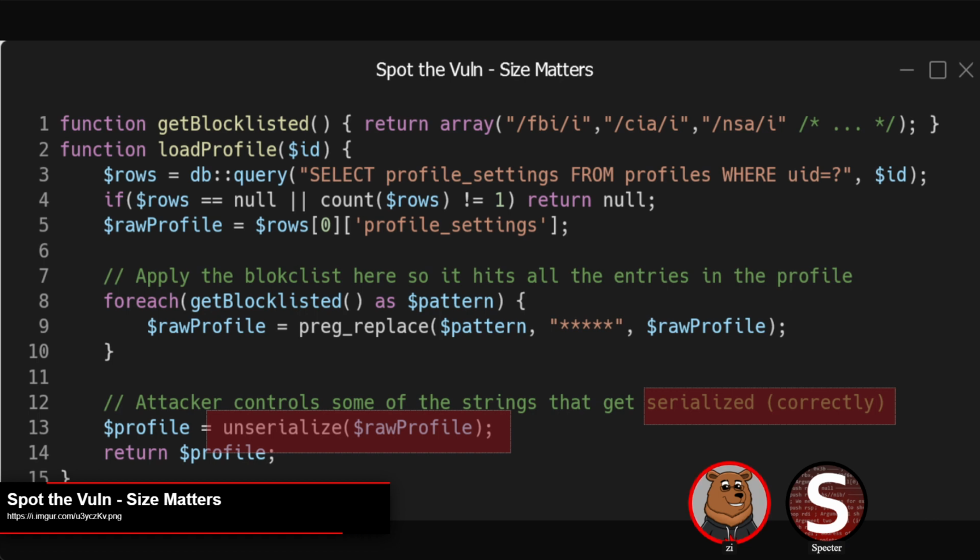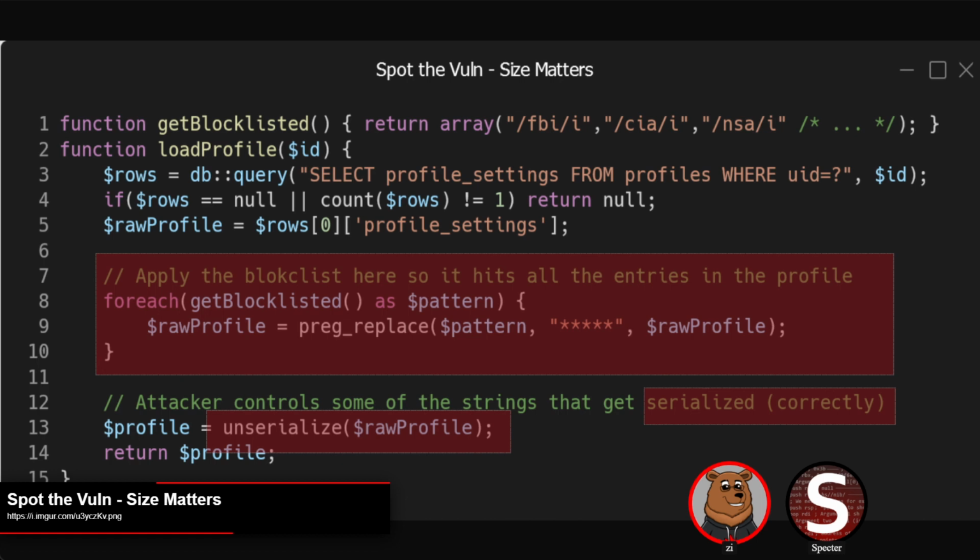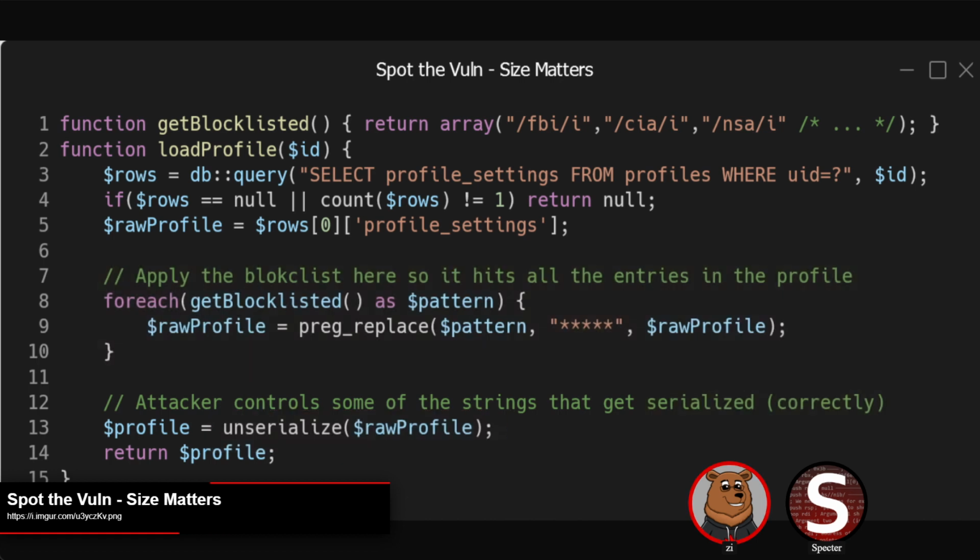While it's serialized correctly, there is this little block in the middle here, the foreach, the idea being that you're trying to block some words or something, and you're just replacing the pattern, whatever the pattern is. I've got a couple examples up at the top here, but replacing a pattern with a series of 5 asterisks. The problem with that is that if it matches something smaller or bigger, just different sized from the 5 asterisks,